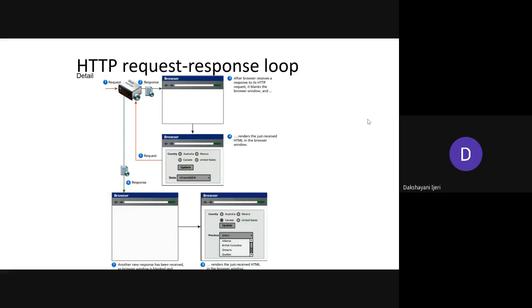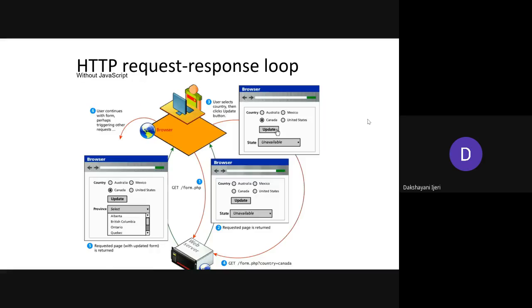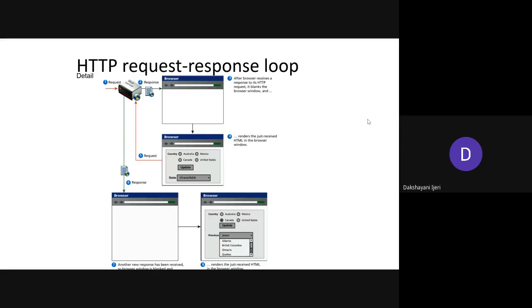Okay. So for this request loop, you just see how it is actually carried out, or what the browser is going to do. As the first request to the server, it is requesting the HTML page or the PHP file. Until it receives the response from the server, the browser is going to be blank.